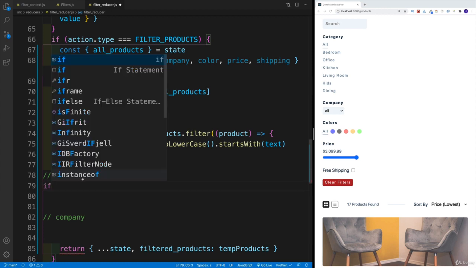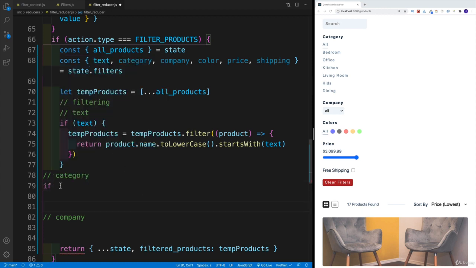And for the category, similar to how we have for the text, if the category is not equal to all, then of course I would want to filter based on that category, correct? But then if the category is all, I wouldn't want to run that condition because I would want to see all the categories. Same like we have with text. So the moment we'll click on all, we'll display all the categories. Now there might be some different filters here, but as far as categories, we'll display all of them.